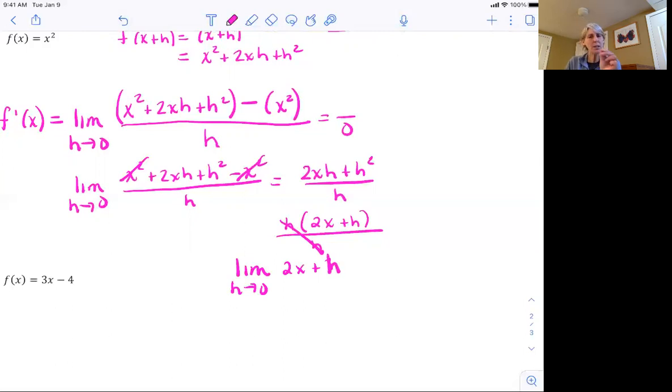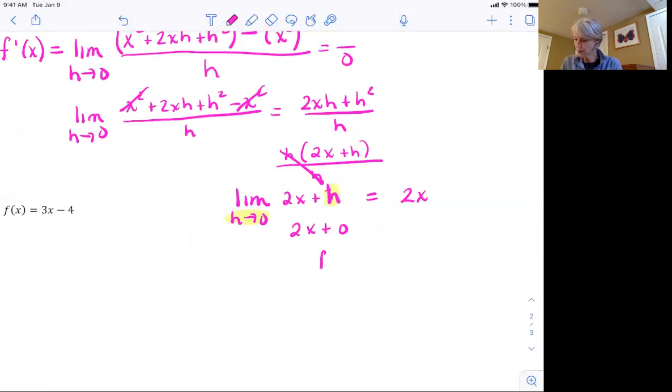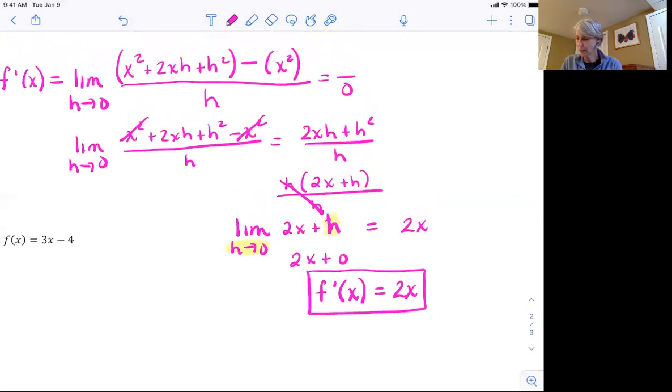And now instead of plugging in 0 for x, remember, now it's h goes to 0. So we want to remember when we evaluate this, it's 2x plus 0. So our answer is 2x. What does this mean to us? F prime of x, which is the derivative of x squared, is 2x. And this is a rule. I can use this now. If I go back up here,